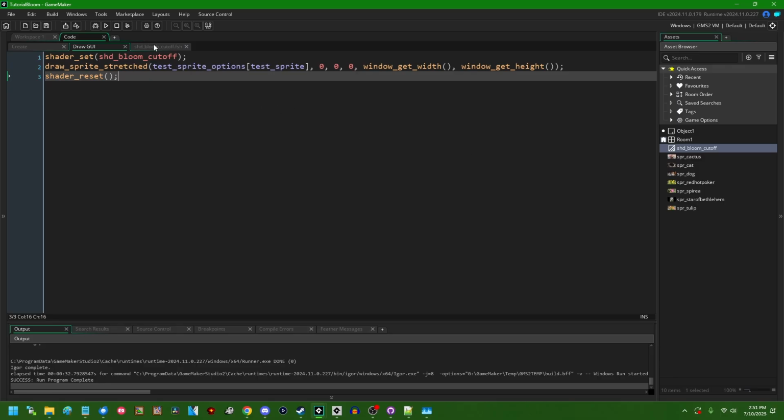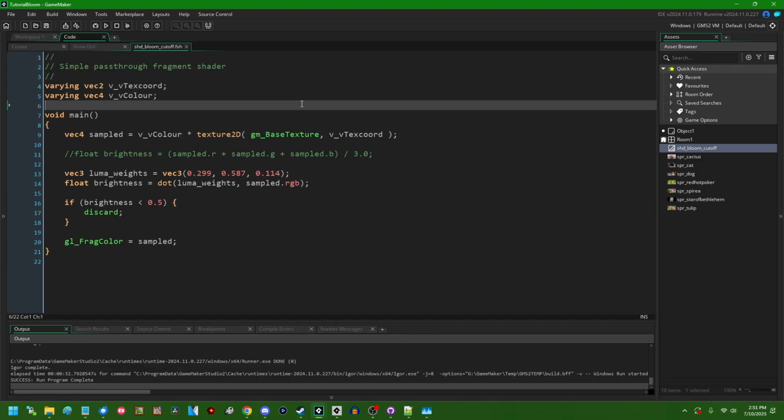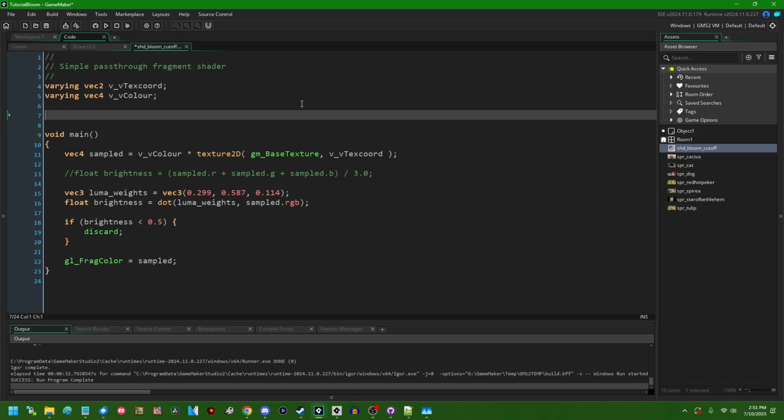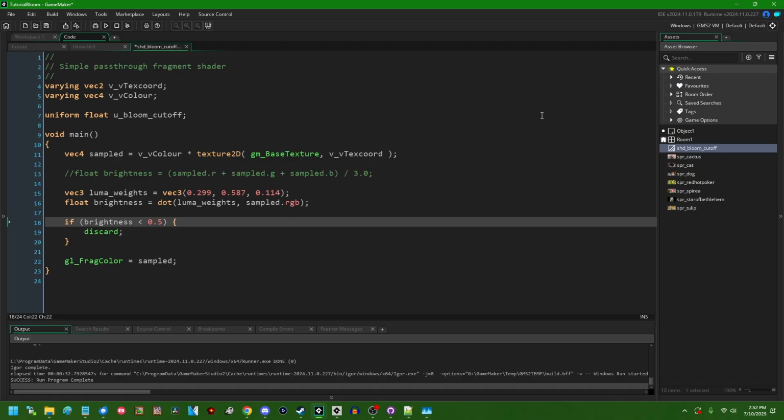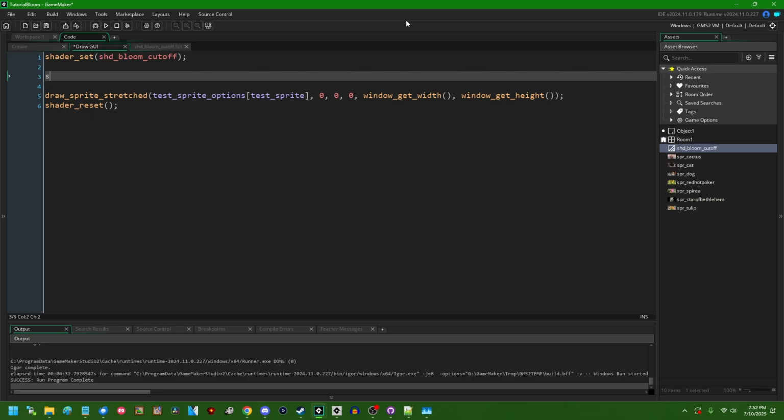Anyway, so more helpfully than just hard coding 0.5 as the brightness cutoff, we probably are going to want to make that a uniform so that we can pass that to the shader, and then we can control it from GML. So we can say uniform float. Let's call it u_bloom_cutoff. We can say if brightness is less than that cutoff value, we can discard, and then we can go and